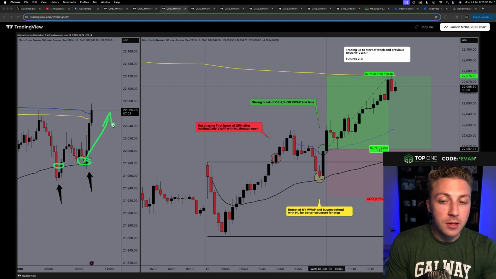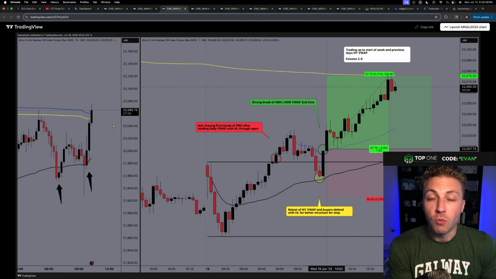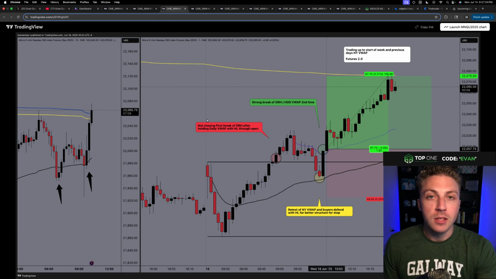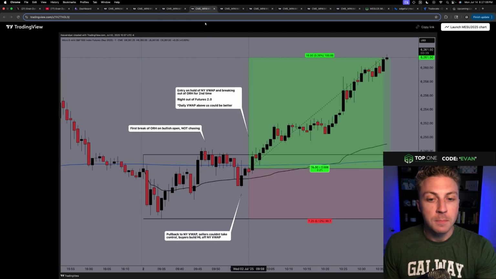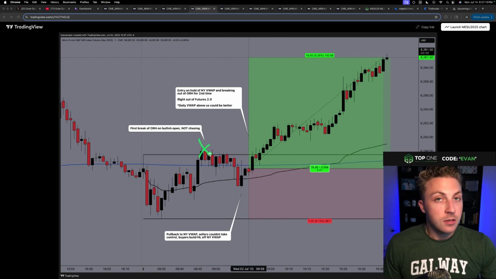So when I can get the 1 minute to be giving me clear trending price action and the 15-minute giving me a reaction right off a key level, it becomes one of the most beautiful trades, which is why we have to be in this, and I had to mark it up so you guys could see it. Now we look at this one. Same idea. New high of day, not chasing it, but a break of high of day VWAP